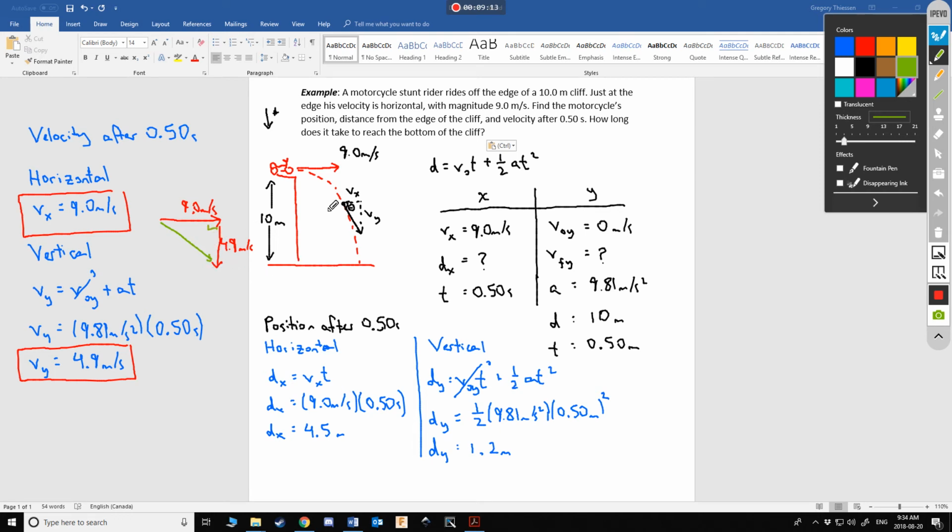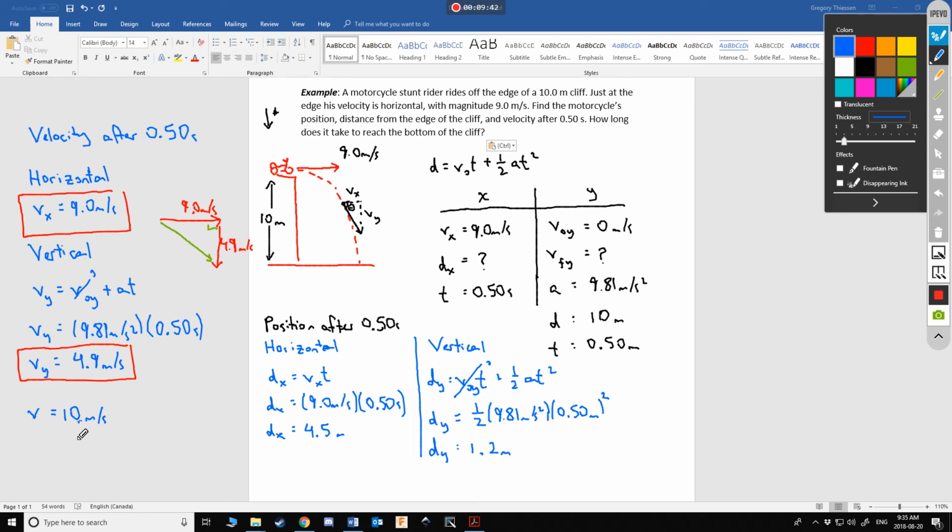So we go 9 squared plus 4.9 squared, and we can square root that value. So V, velocity at 0.5 seconds, comes out to be 9 squared plus 4.9 squared, square root, 10.2,